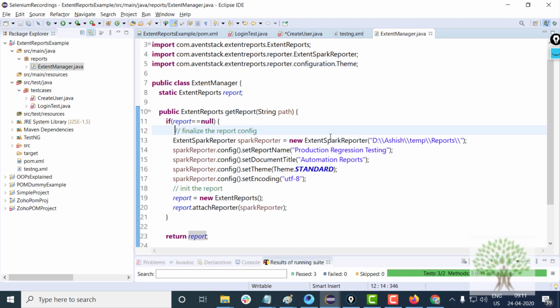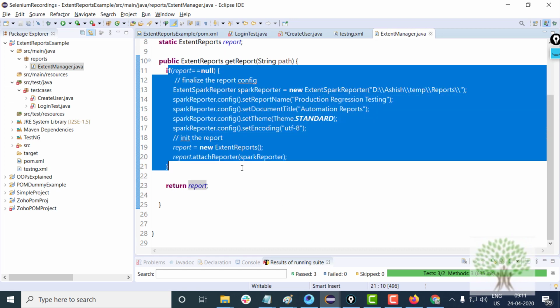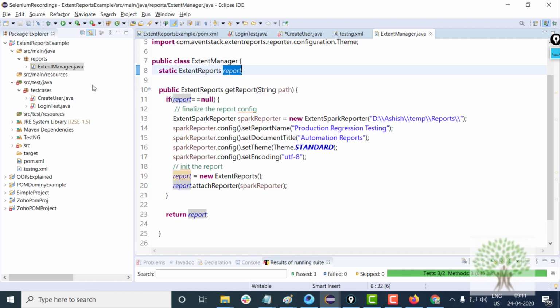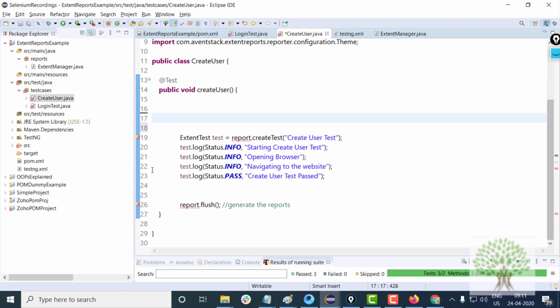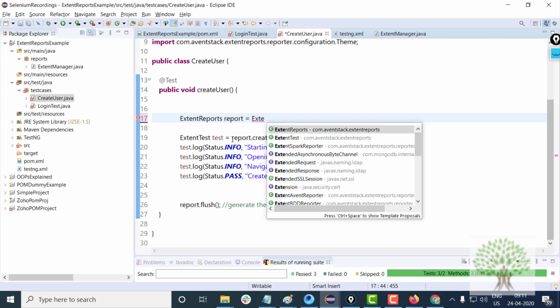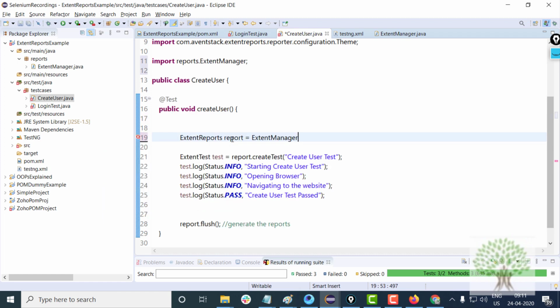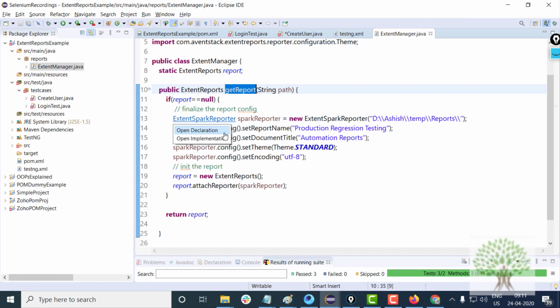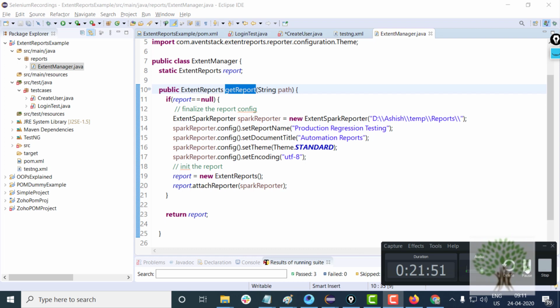Okay, so you will initialize everything in the report object if the extent reports object is not initialized, and in the test case you will write ExtentReports report equals ExtentManager dot, the extent manager class, which is this one, has the function getReport. You will call it here.